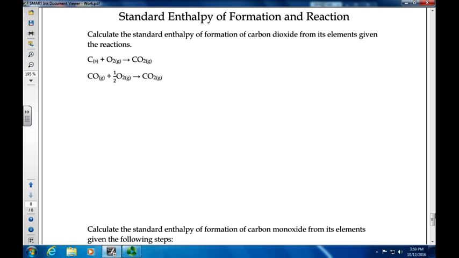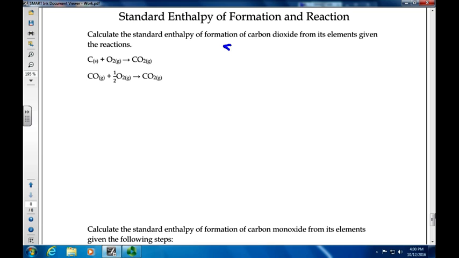And today we are looking at the standard enthalpy of formation and reaction. So what does that really mean? Well, what we're looking at is in a given reaction, what is the resulting heat? What is going to happen heat-wise? So you always want to think of enthalpy in terms of heat. And all you have to do is remember Hess's law, which simply states that the